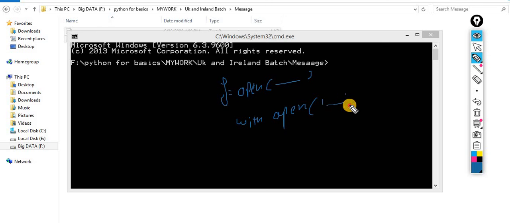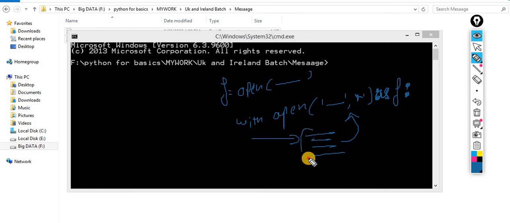With open, the file, and the mode in which you want to open it, then a colon, as the file pointer, that is f. As you know, whenever you put a colon, on the next line you have to use a tab indent. So whatever code I write inside this will be part of this one. So with the help of the with statement, there is one more way of opening a file. Let's suppose I want to make these number of lines associated with this file. If you want to repeat these steps, we can take the help of the with statement.